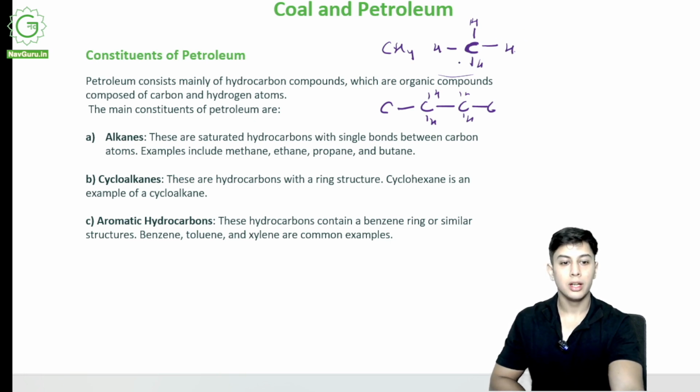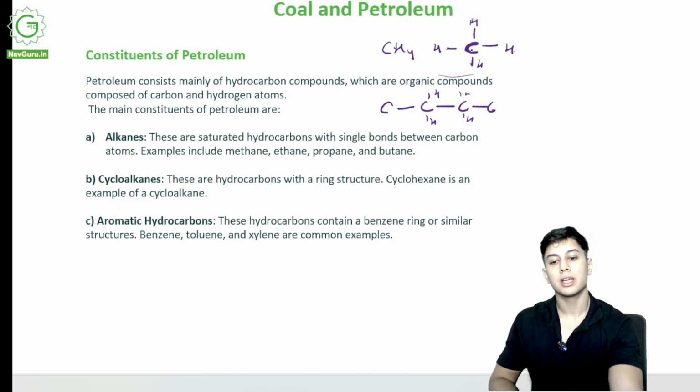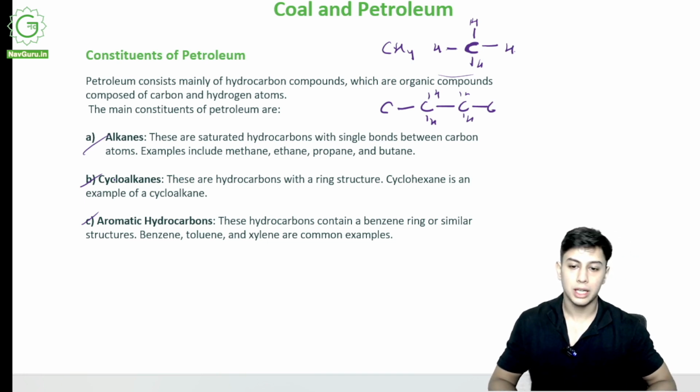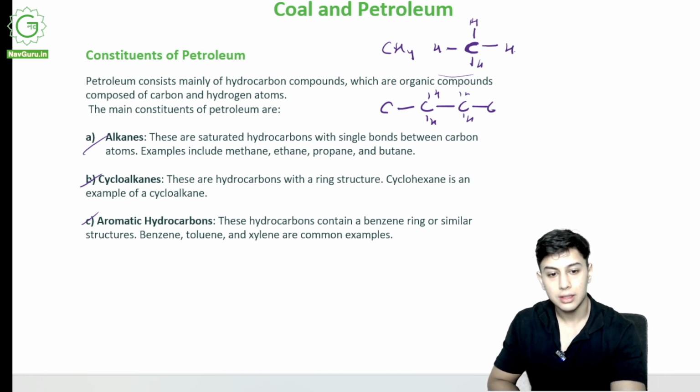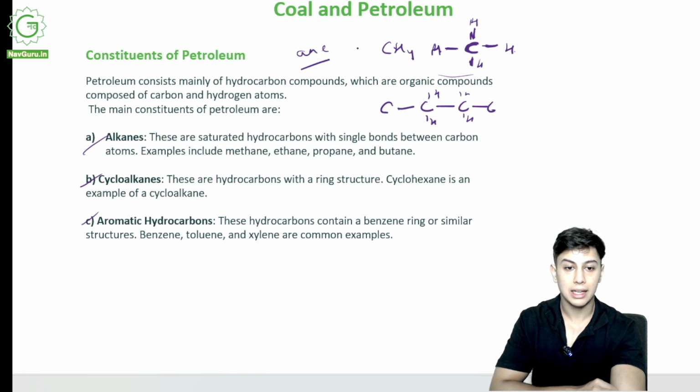This is a simple hydrocarbon. Hydrocarbons are also of various types, considering how this H is attached to it, what type of bond is this, how many carbons are there. So these hydrocarbons are called alkanes, cycloalkanes, aromatic hydrocarbons. These hydrocarbons have a lot of types. One of these types is alkanes. When this H is bonded with this carbon through a single bond, everywhere it is a single bond, it is an alkane. This is an alkane. Methane. You see, ane. Alkane, methane.